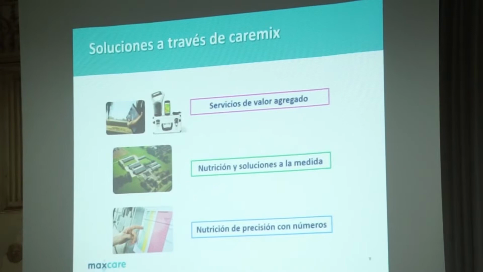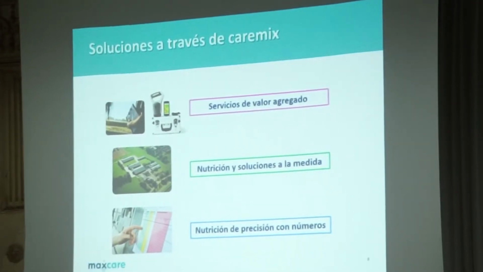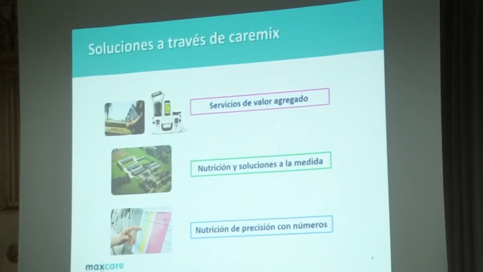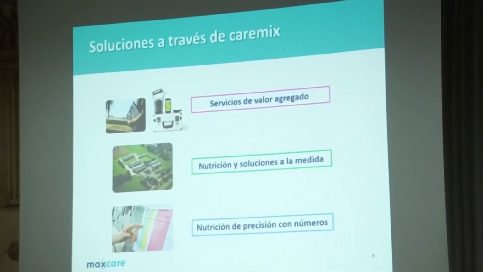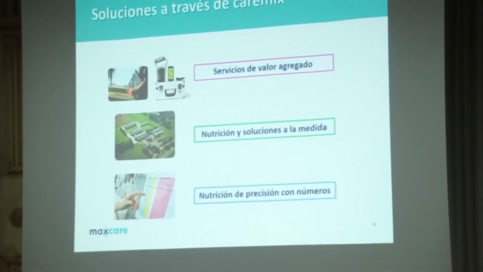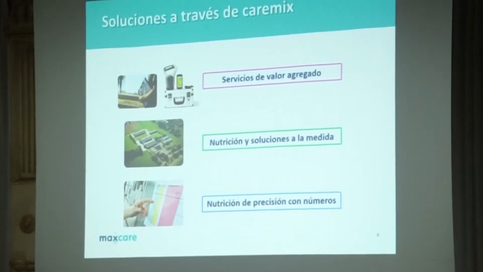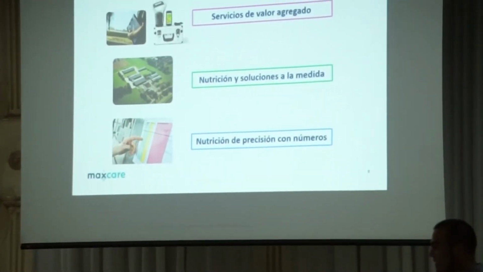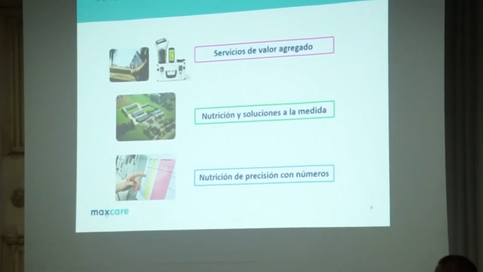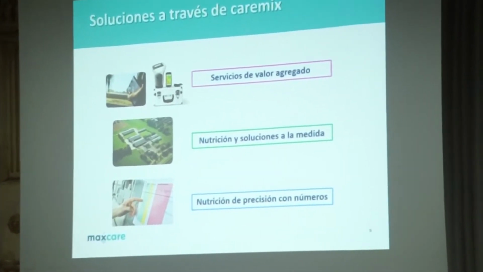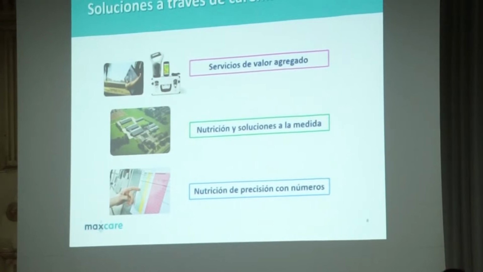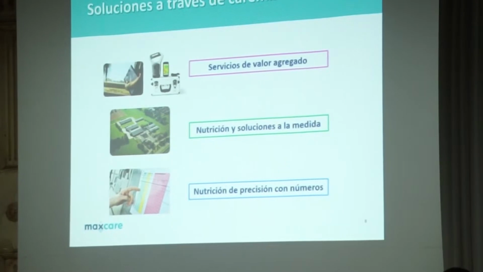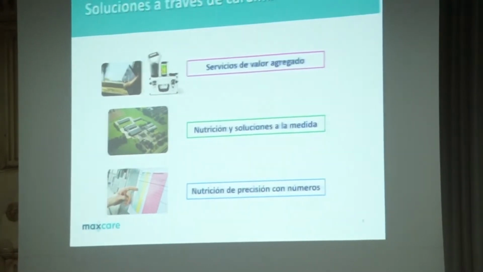¿Cómo podemos dar soluciones a través de Caremix? Lo que pretendemos es no solamente dar una nutrición y que se maneje como el productor mejor lo entienda, sino que siempre a través de cada propuesta que estamos armando viene un servicio de valor agregado. Y sobre todo a través del servicio técnico, siempre lo que se busca, como ya les había mencionado, es conocer perfectamente todo lo que se está haciendo en la granja para que de la propuesta inicial que se armó, poco a poco vayamos haciendo las modificaciones necesarias para tener el mejor programa de alimentación, pero también los niveles nutricionales acorde a la genética y acorde a las necesidades de producción. Con esta finalidad, poder brindar soluciones a la medida y hacer una nutrición precisa.